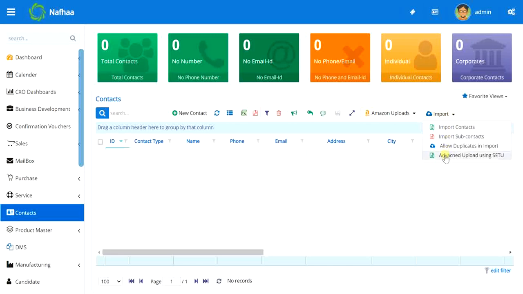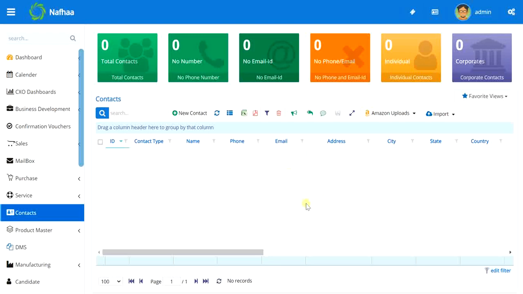And apart from these three, there is an advanced utility called Simple Excel Tool for uploading Excel sheets. So it can also be used. It's an advanced tool where you can have an auto column mapper and many other things which you can use. We will also cover this feature or module in a separate video. But as of now, it's just for information that you can directly import Excel sheets in the traditional way, or you can even use the Simple Excel Tool for uploading. So these are all the functionalities which are listed on your contacts list or details.